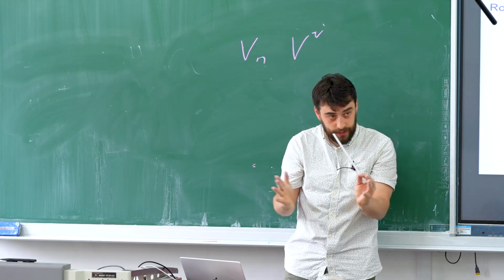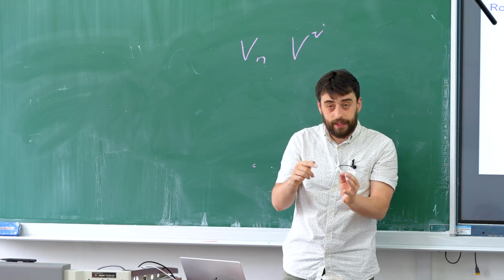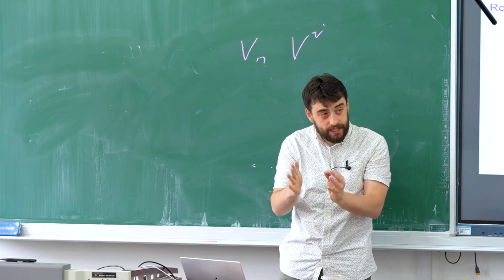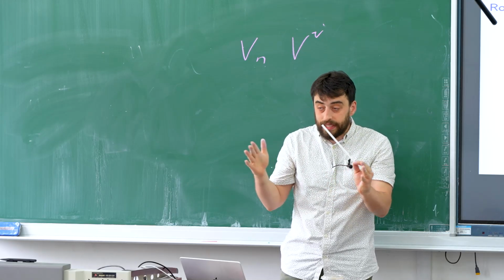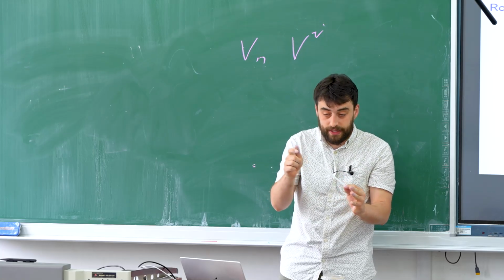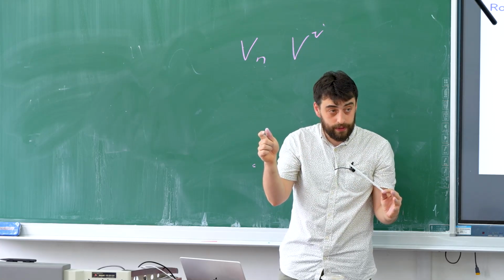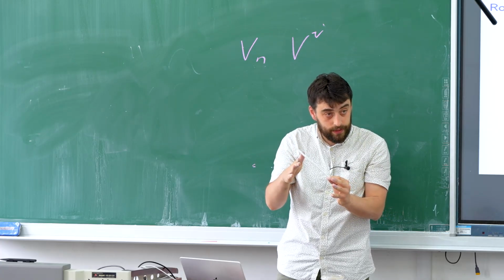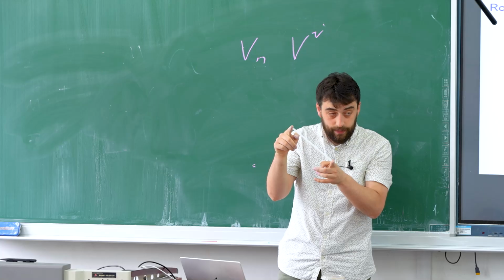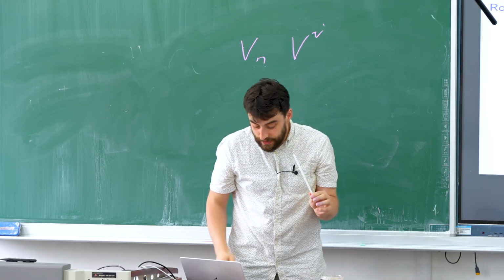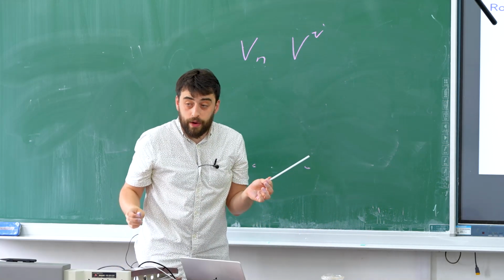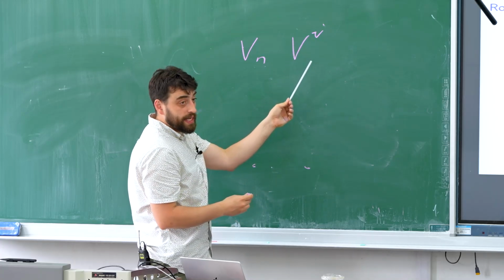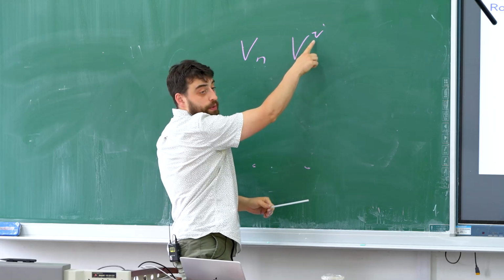In order for that vector to be the same length, even though I've stretched my space around it or compressed my space around it, the vector has to transform in a way opposite to the way that the space is transforming. As the space is compressing, the vector has to stretch by the same amount. As the space is stretching, the vector has to compress in order to maintain the same length. And that vector in space is a contravariant vector. In contravariant notation, that vector has an upper index.